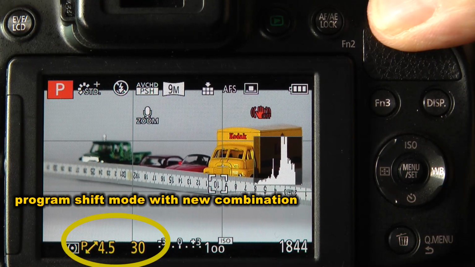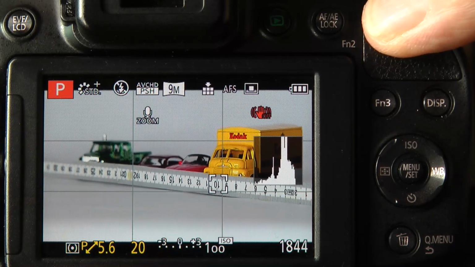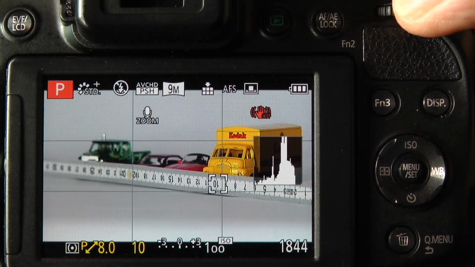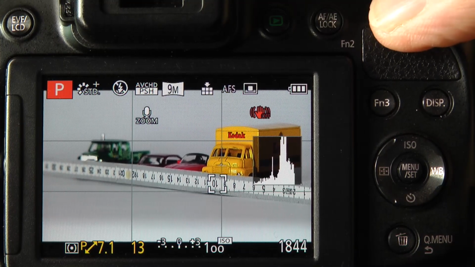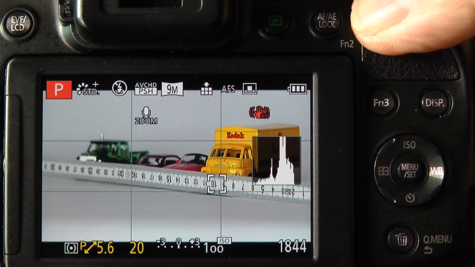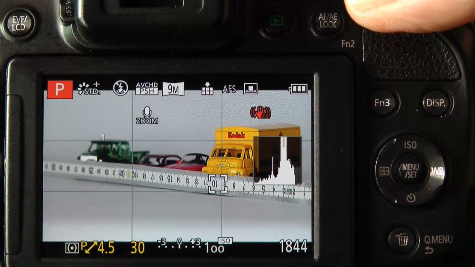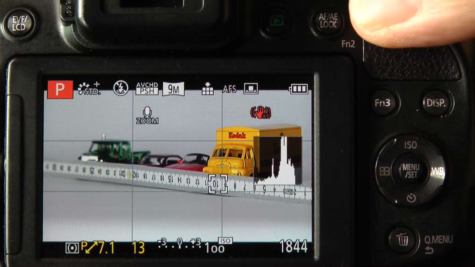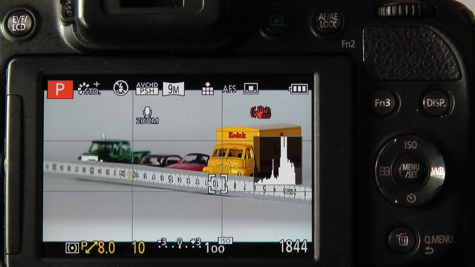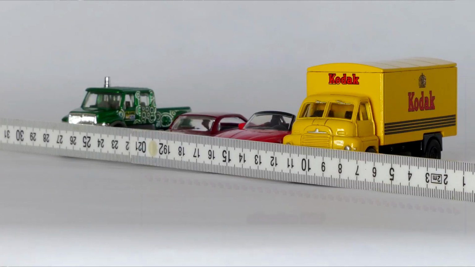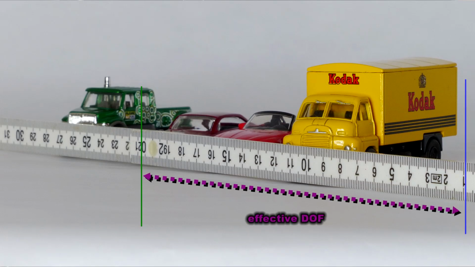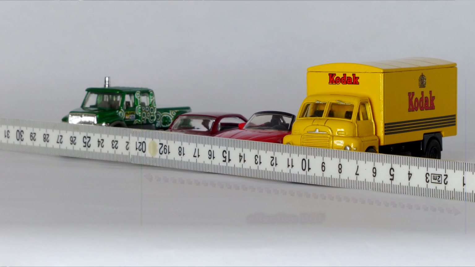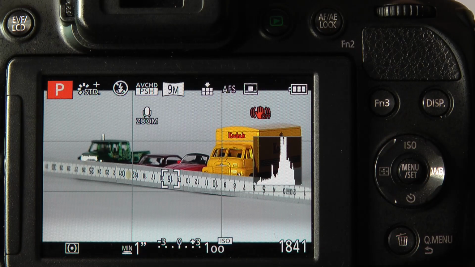So I'm now going to change that aperture shutter value combination to f8, and if you notice, as I change the aperture to a smaller value, the shutter speed decreases, i.e. the time gets longer to maintain the correct exposure value. So I'm going to change now to f8 and again take the photograph, and we'll be able to now see that there's a lot more depth of field in front of the target area and behind the target area. So I'll take away the rule and repeat that so we can actually see the photograph in final production.